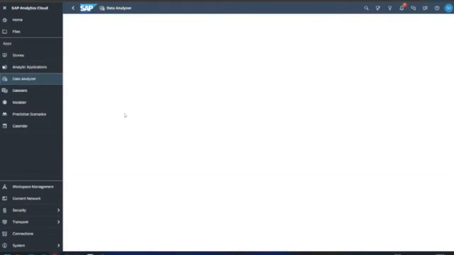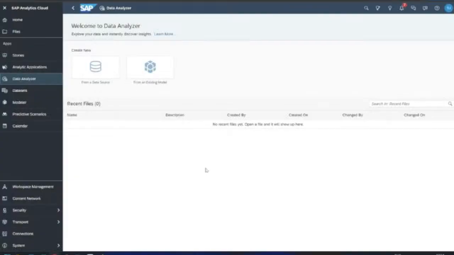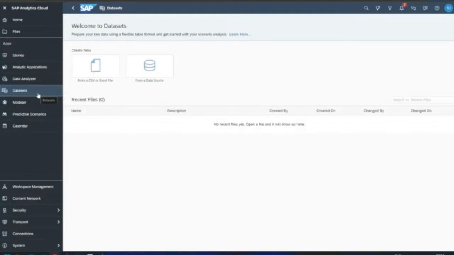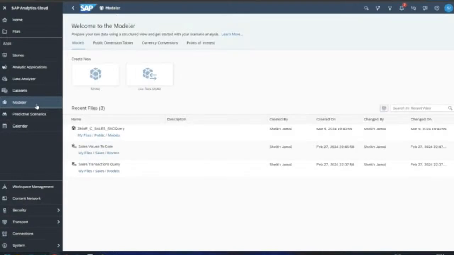And then we have data analyzer, where you can directly analyze your data by connecting to your data sources like SAP ECC or BW. We have data sets, where we can create reusable data sets for our organization and store them securely in the cloud. Then we have modeling capabilities to design multi-dimensional models, both the normal models and live data models, where you can load live data like a live cricket match.